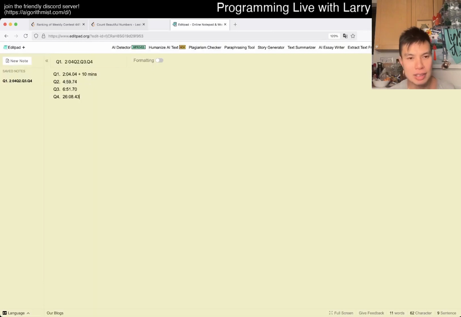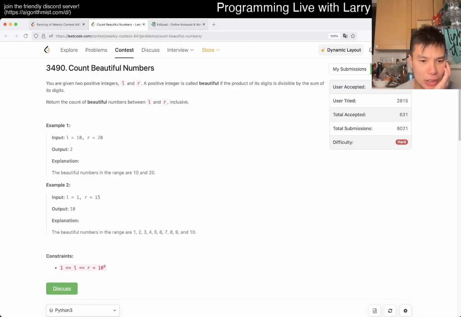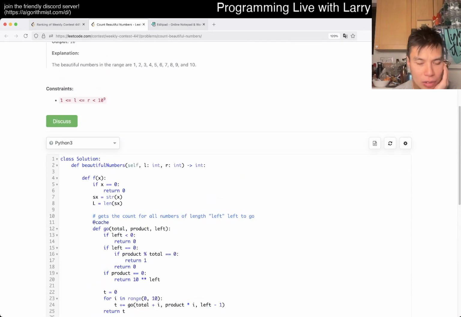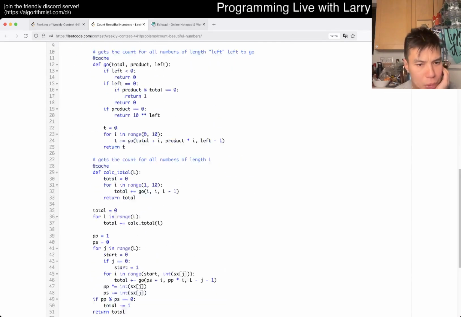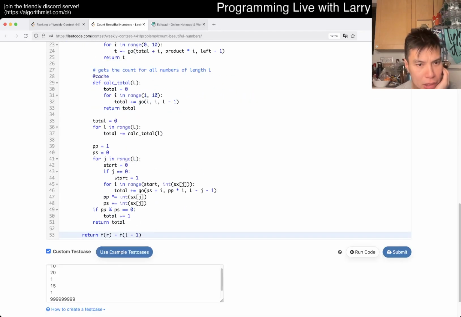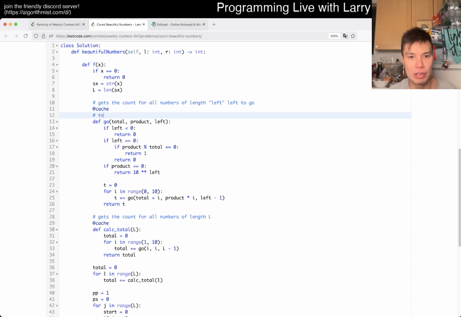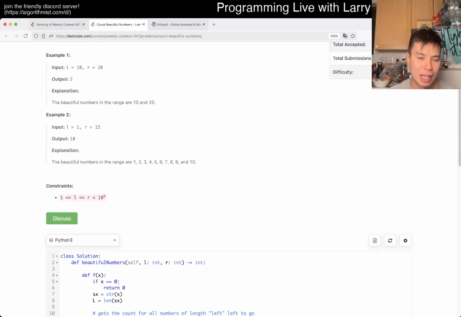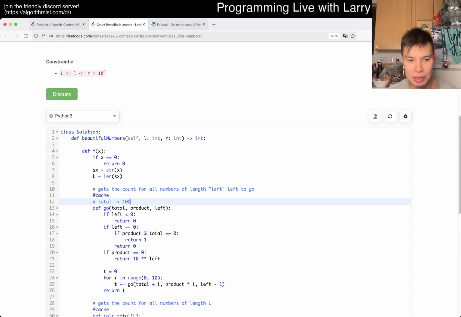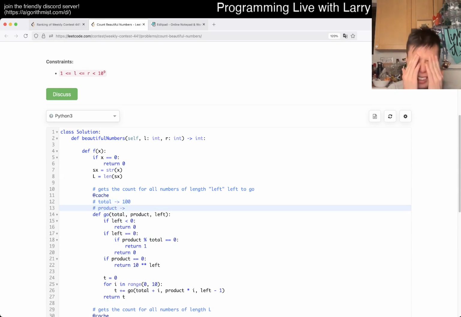But actually, I don't know, because this one's for Q4, I was a little bit YOLO, to be honest. I couldn't prove the complexity on this because of this product. Like the numbers can be big, and I know that not all the numbers are possible, right? So how would you put the bound on this as a thing? Total can only go up to what's it, 9 times 9 digits or something, but let's just say even 100 for a thing. Product is actually